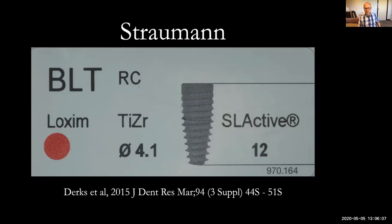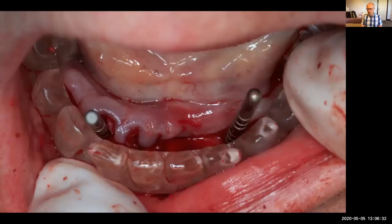We previously used to use Astra, and then when this paper came out in 2015, which was a massive Swedish study looking at the best implants on the market, Straumann came out top. So as soon as that came out, I thought, let's just use the best, and we'll move from Astra to Straumann. So now when we're placing implants, we do scans, and then we get drilling guides made,